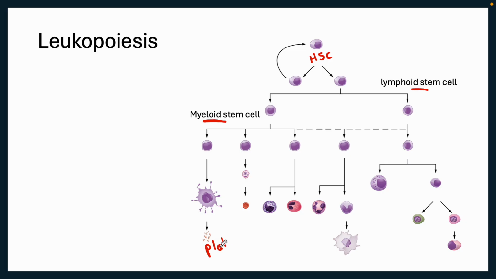We'll talk about that here in a moment. The red blood cells that we've talked about in previous videos, and then likely two of the granulocytes. So you can see that we have the basophil and the eosinophil here,